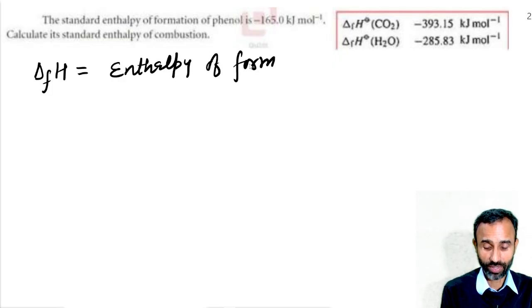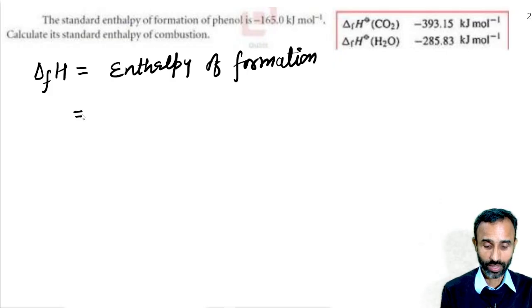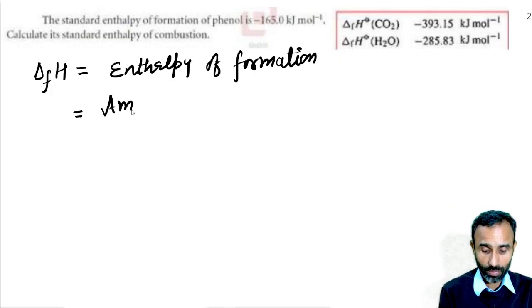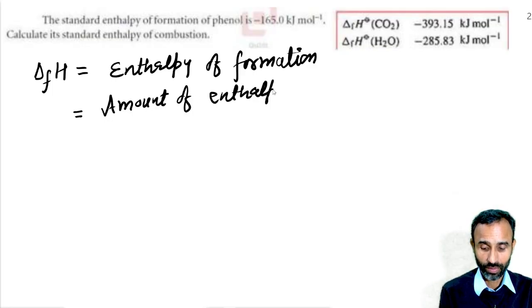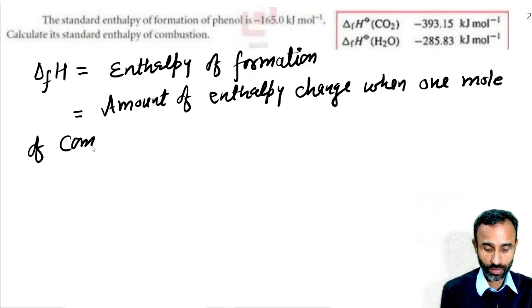First of all, whenever it is written enthalpy, it is for 1 mole. So now it is enthalpy of formation, that means 1 mole of something is formed. So 1 mole of compound is formed. So it is the amount of enthalpy change when 1 mole of compound is formed